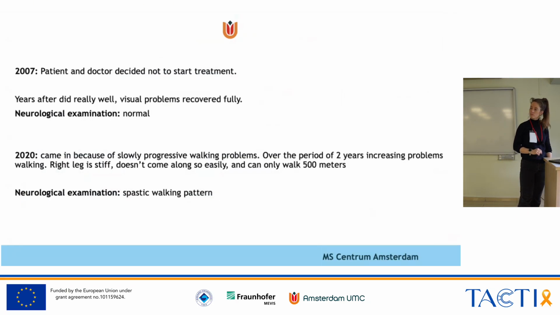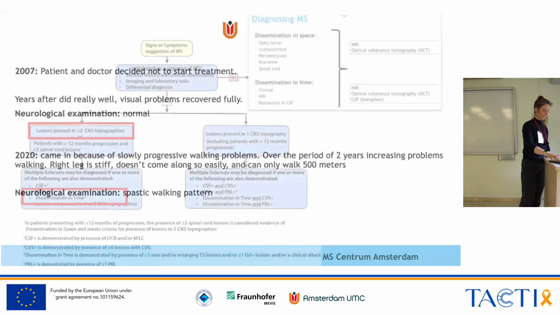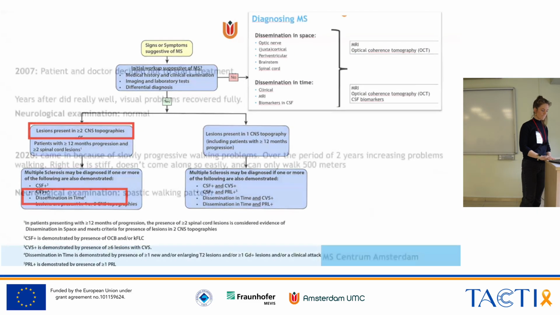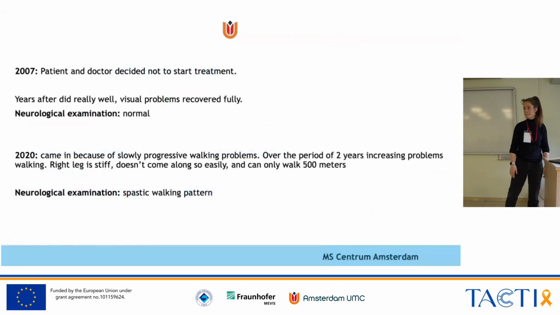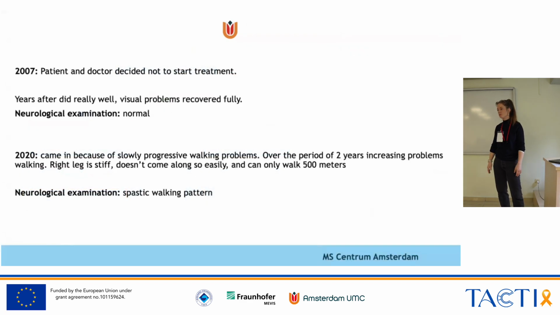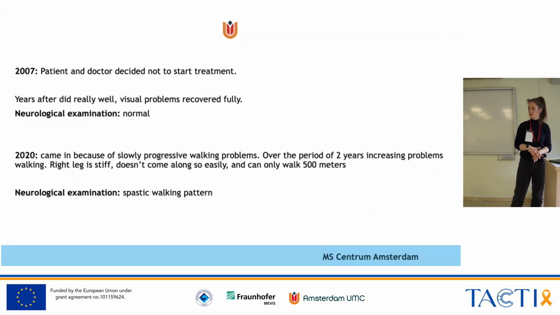So how did you construct the dissemination in time, if I may ask? Because the first MRI didn't show anything? Optic neuritis. Ah, okay. And that was a clinical diagnosis. Okay. So now we need objective evidence, and this is a case where you could have a false positive diagnosis, but if it's a clear clinical typical picture, then